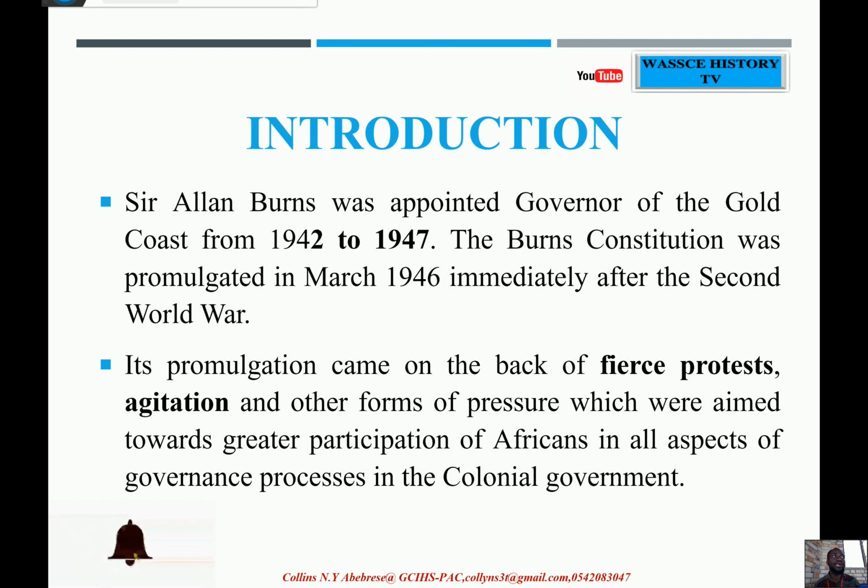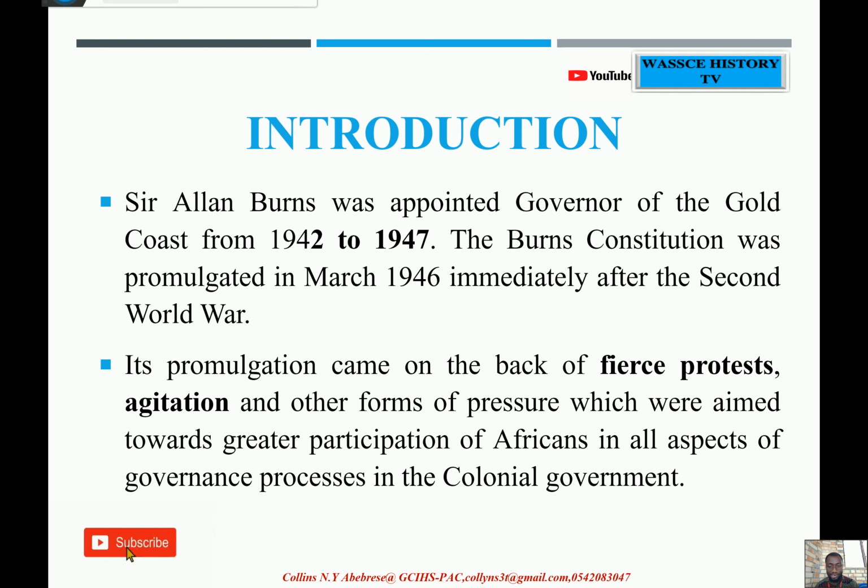World War II had come with so many changes, because after the war there was so much hardship in the colonies, and even after the war, the mindset of the educated elite, who were agitating for certain reforms, had changed. Now the educated elite, or the nationalists, were demanding self-rule. They were demanding self-determination, the right for them to determine or to govern themselves. So the Second World War had come with so many changes in the political space in the colony, and therefore Barnes was supposed to make some reforms on the 1925 Constitution to reflect the aspirations of the